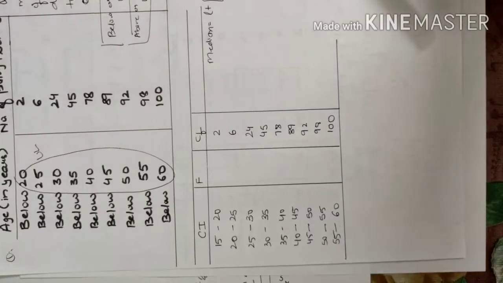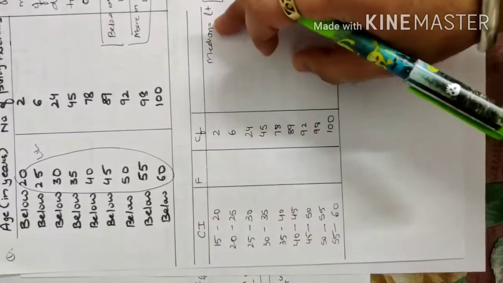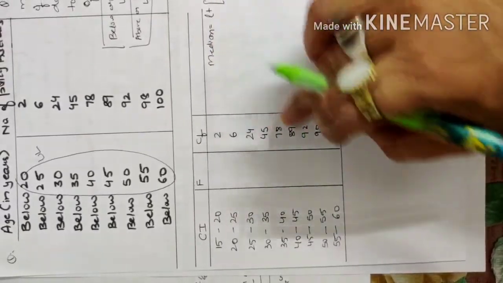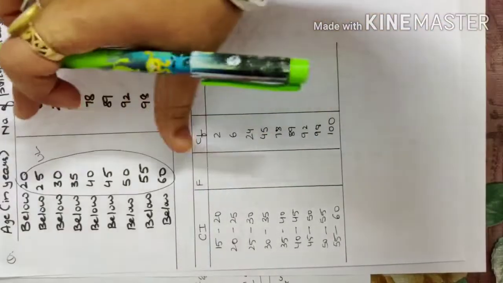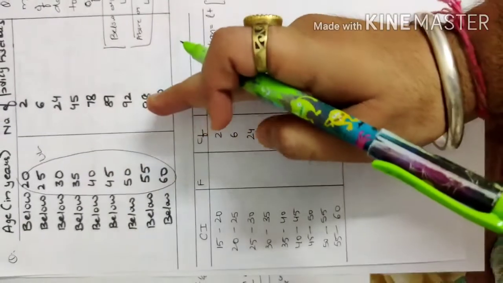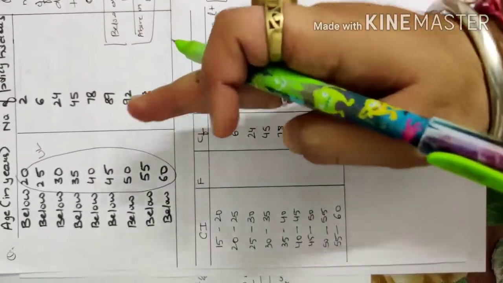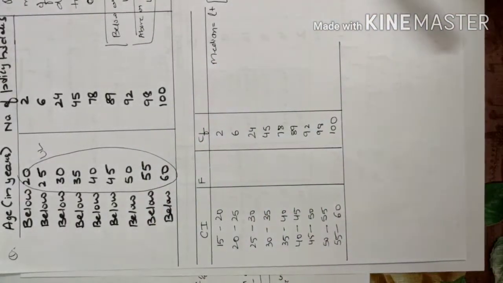तो in the last sum we saw कि जब आपको फ्रीक्वेंसी से CF निकालनी, तो हमने एडिशन करी थी, मतलब सबसे पहली फ्रीक्वेंसी सेम और फिर नेक्स्ट फ्रीक्वेंसी से ऐड करके we calculated the CF. Right now we are given the CF, I have written the CF, but we need to calculate the frequency. तो जब फ्रीक्वेंसी से CF निकालते हो, we need to add. जब CF से फ्रीक्वेंसी निकालोगे, we need to subtract.